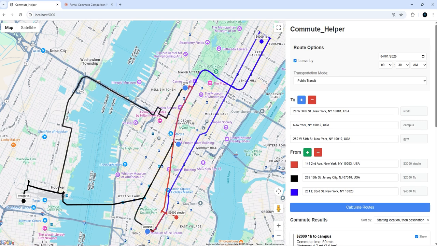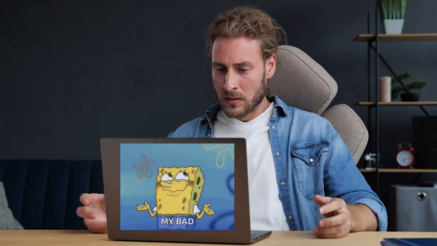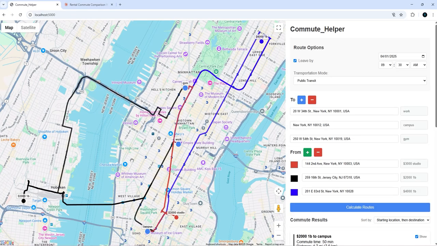Remember to only build one feature at a time. This is really important. Don't rush it, because AI sometimes changes code it's not supposed to, or it breaks the old feature while implementing the new ones. Trying to implement too many features in one single prompt increases the chance of breaking things. In my case, I implemented the map through Google API, and I only had one destination and one starting point, and I didn't have route options. So basically, I only had the skeleton of the app to begin with,